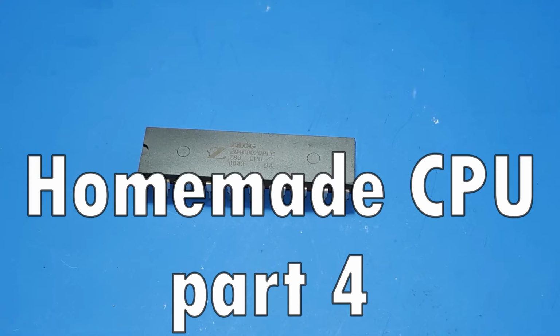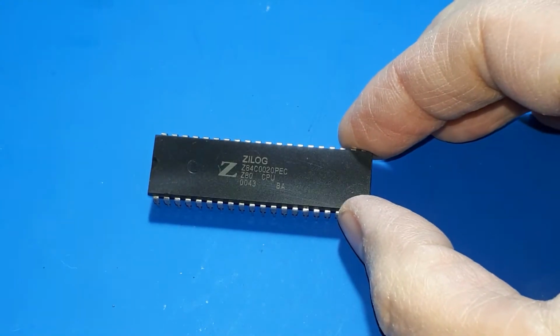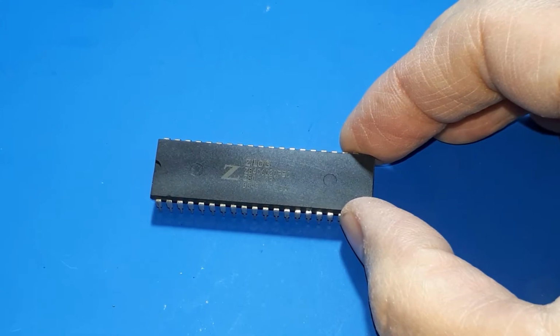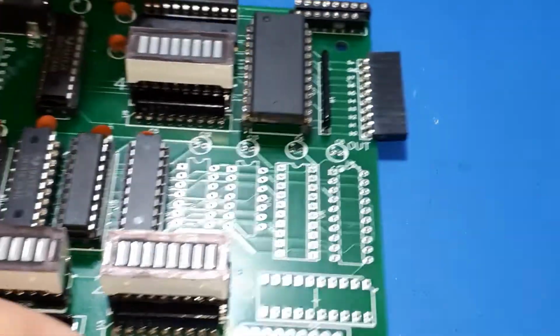Well, this is a CPU. That's a proper 8-bit CPU, a Z80 from, I don't know when, from like the late 70s, early 80s. And there it is, an 8-bit CPU. But that's a real CPU made in a factory properly. What I want to do is make my own CPU on some sort of